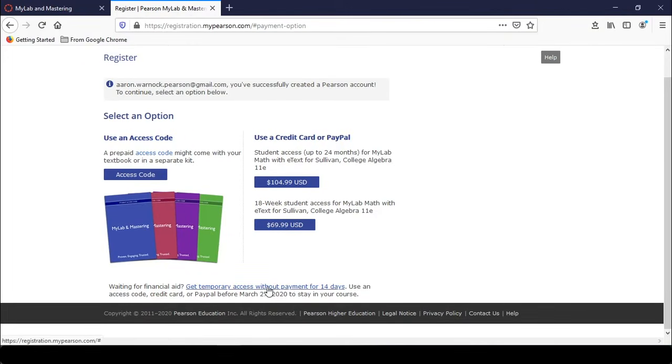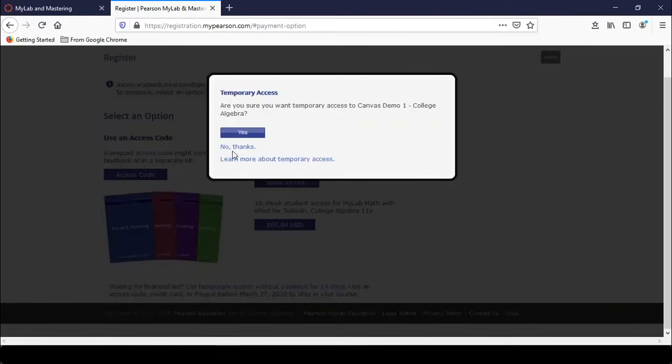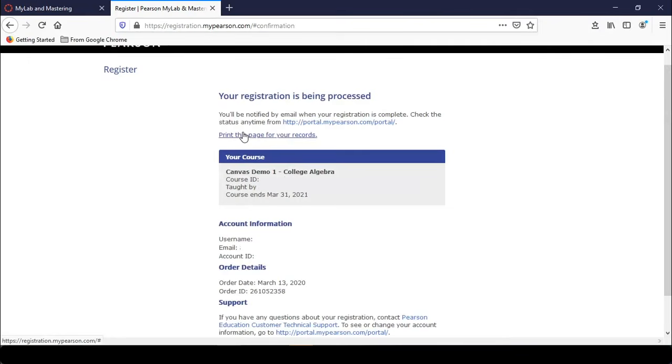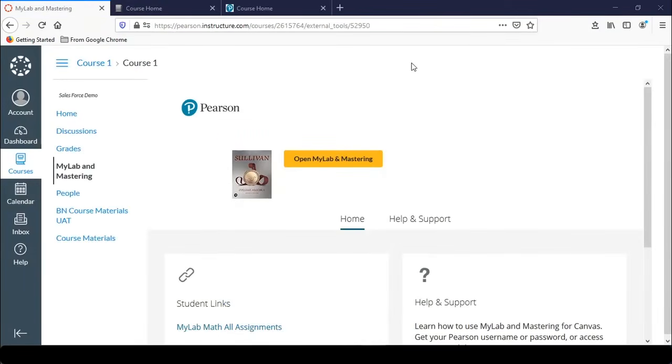For today, I'm going to go ahead and click on that to demonstrate how that works. If you don't have your access code or your card ready, you will need to click on that. Are you sure you want to do temporary access? We'll say yes. So this notification page now indicates that our registration is being processed. Once you've received an email that you have been enrolled in your course, back at Canvas, there are multiple ways